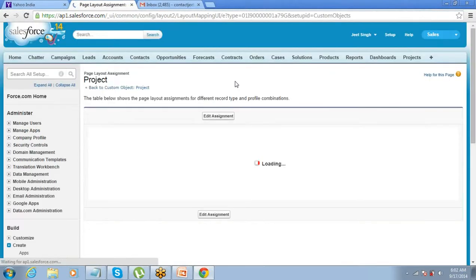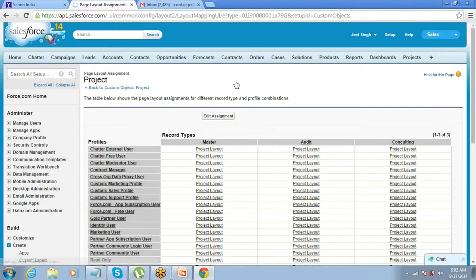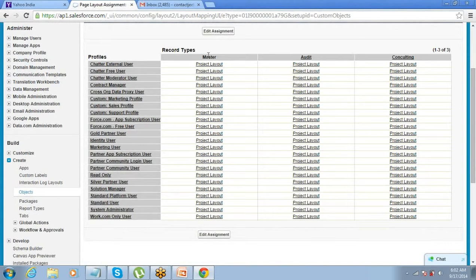If you click on page layout assignment, see, one is the master record type, one is the audit, one is the consulting. And you have the option of defining different page layouts for different record types for different profiles.